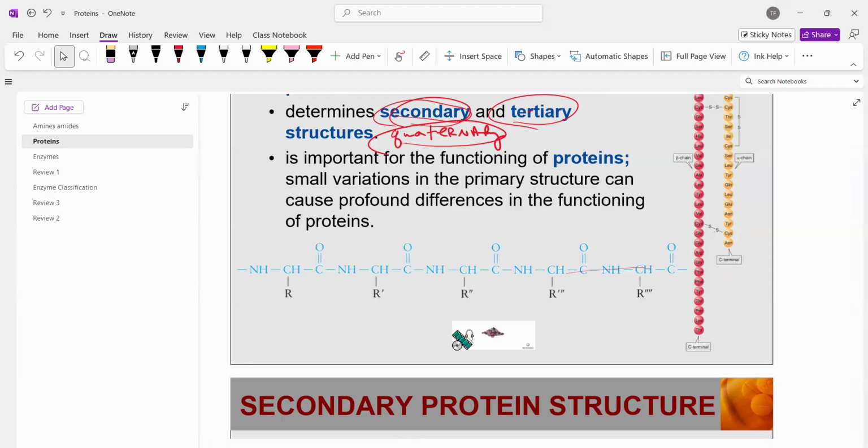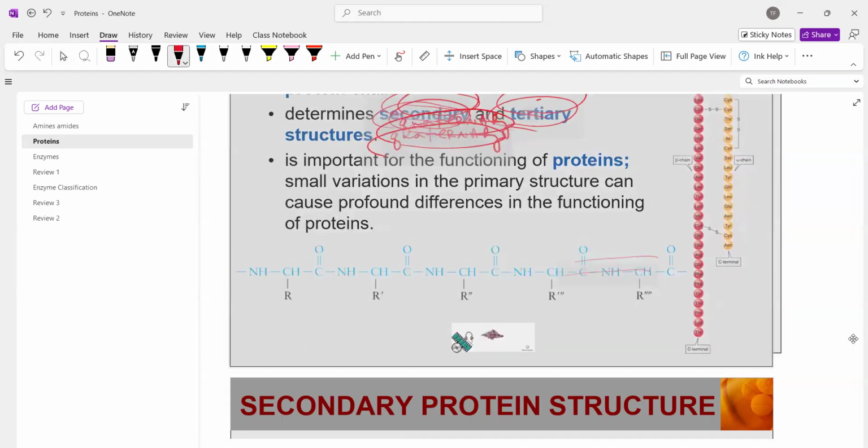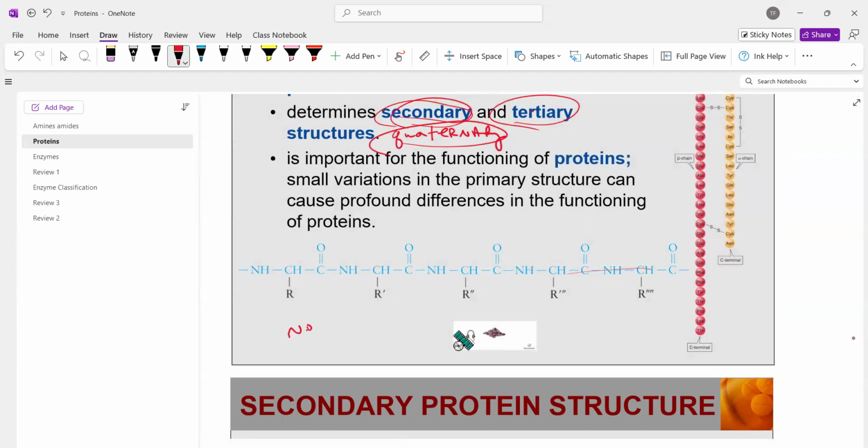Now, the problem is that this is not stable once we get a long chain. That's one of the problems. So what happens to become more stable,